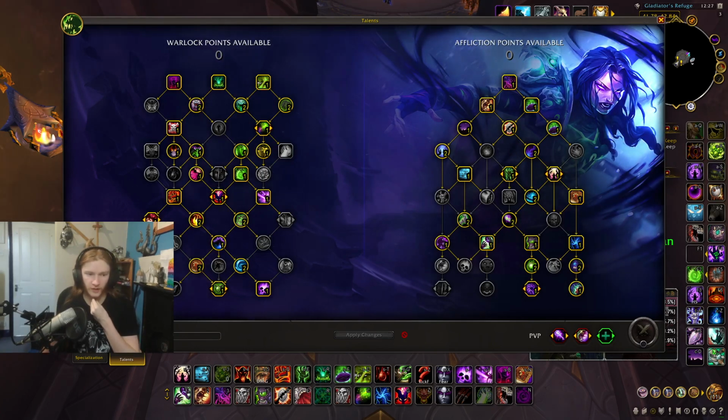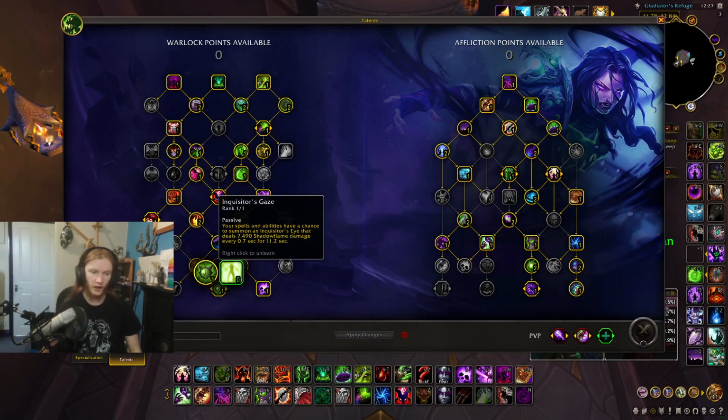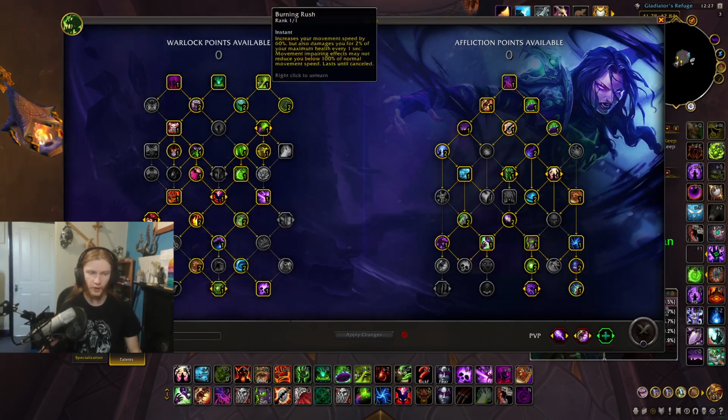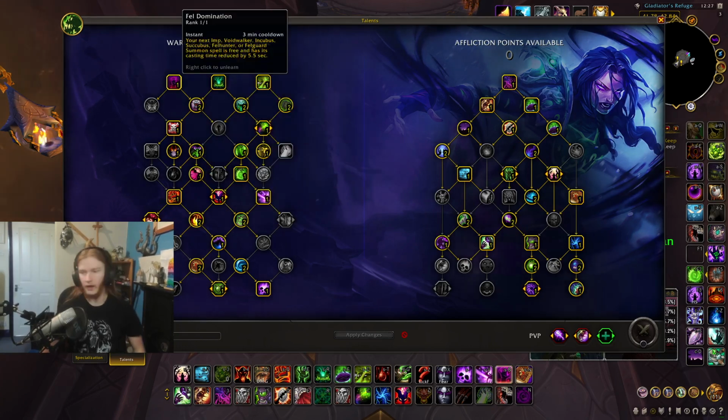So, here's what to take: class tree, bog standard, your Soul Burn, useful utility, your extra damage from these points, extra survivability around here, soul shard refunds, extra damage from this, Burning Rush mobility and less damage taken from it, heal from Mortal Coil and a good CC, Gateway for group utility, more survivability stuff, more utility with your stun, and your instant cast pet summon, which, by the way, if you didn't know, if you do a timer